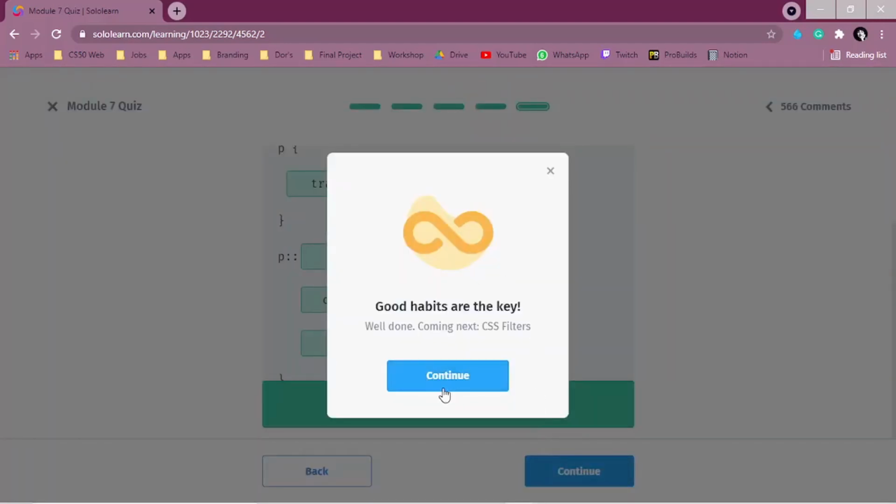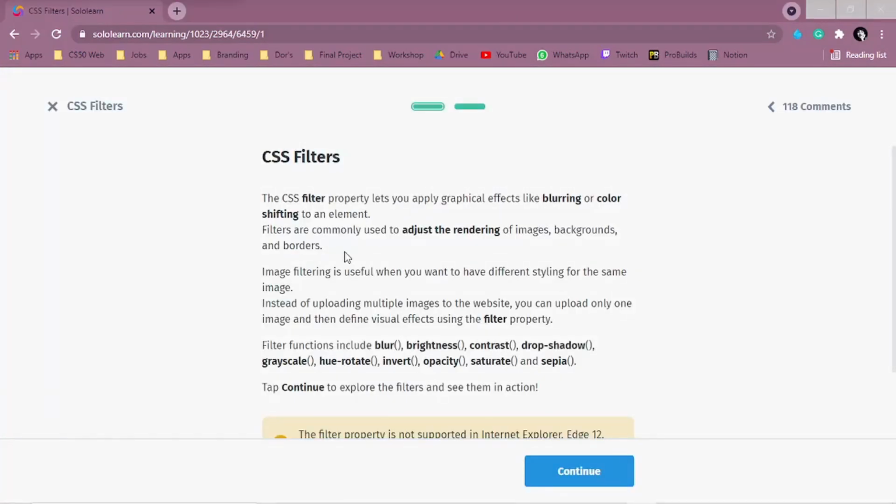Let's now do our last module. So CSS filters. The CSS filter property lets you apply graphical effects like blurring or color shifting to an element. Filters are commonly used to adjust the rendering of image backgrounds and borders. Image filtering is useful when you want to have different styling for the same image. Instead of uploading multiple images to the website, you can upload only one image and then define visual effects using